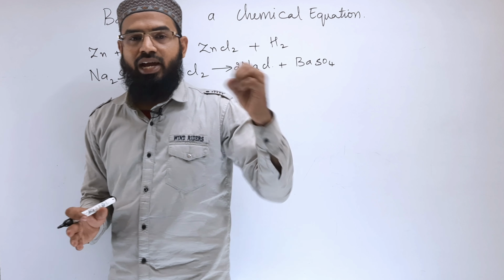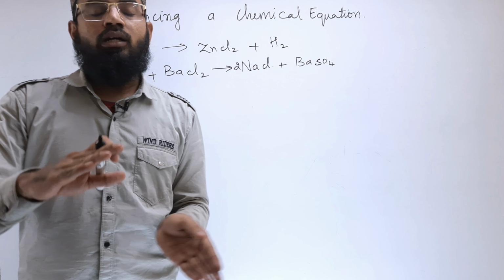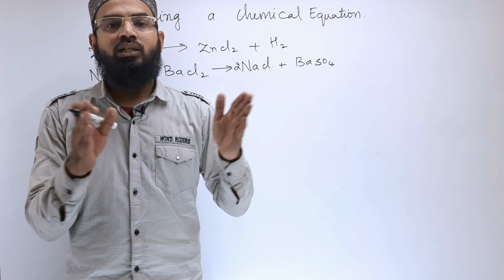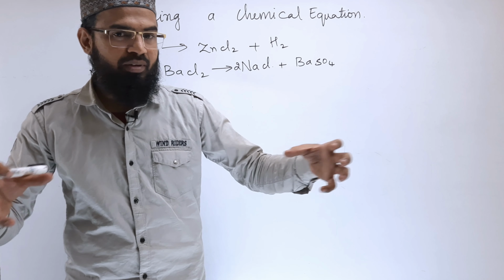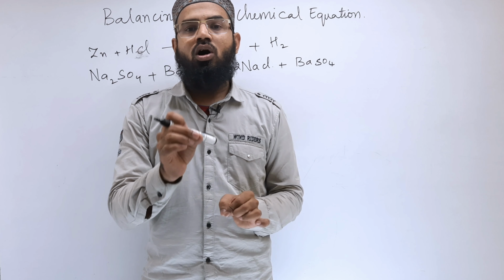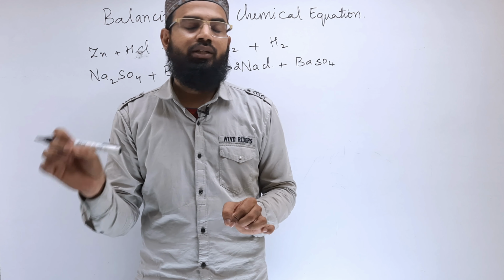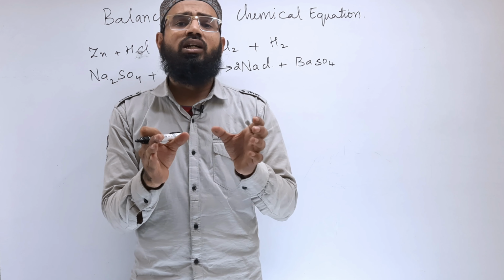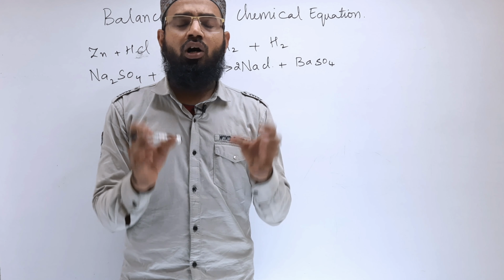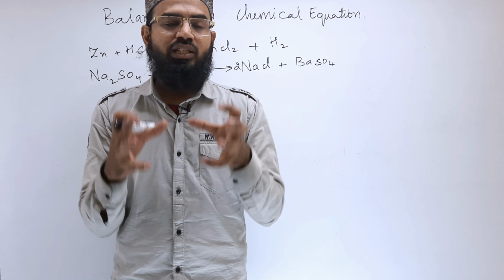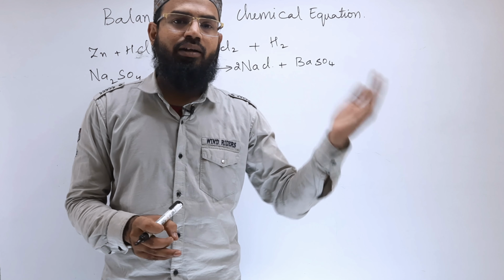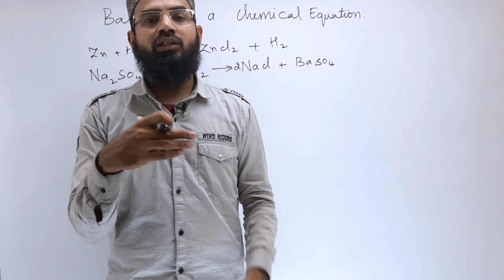The mass of the reactants before the reaction and the mass of the products after the reaction must be the same. Why? Because during a chemical reaction, not a single atom is destroyed nor a single atom is created. So that's why the chemical equation has to be balanced. The mass of a substance is just because of the atoms. So we need to find the number of atoms present on the reactant side and on the product side.